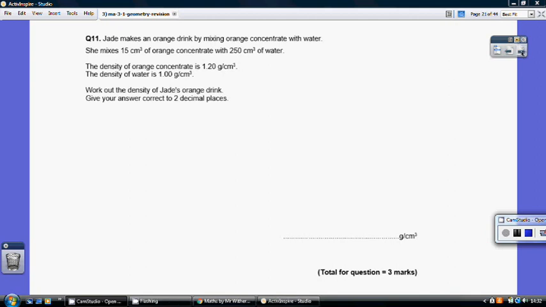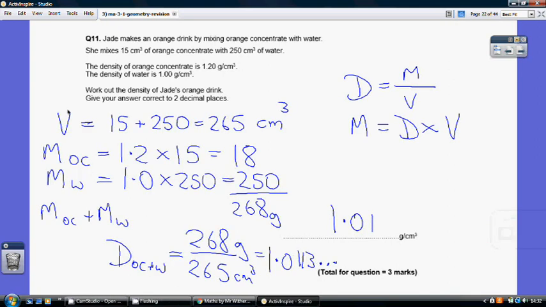Question 11. So the volume overall is 15 add 250, which is 265. Now density equals mass over volume. Multiply both sides by volume, you get mass equaling density times volume. So the mass of my orange concentrate is its density of 1.2 times its volume of 15, which is 18,